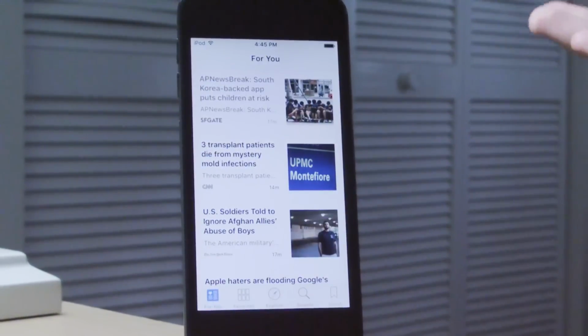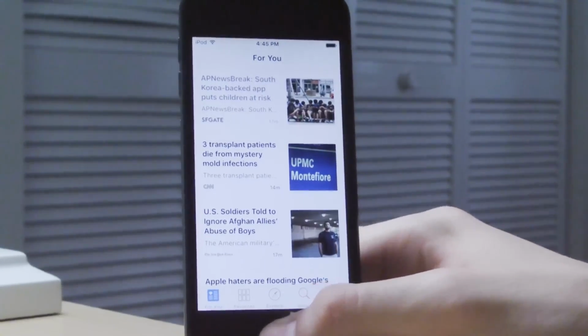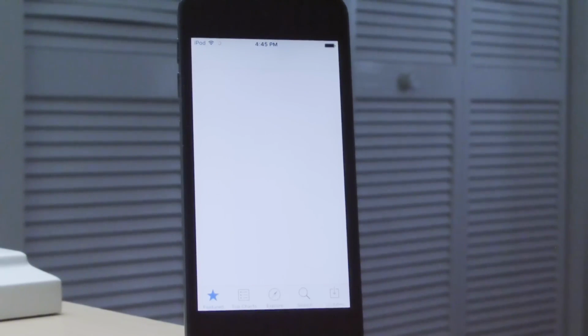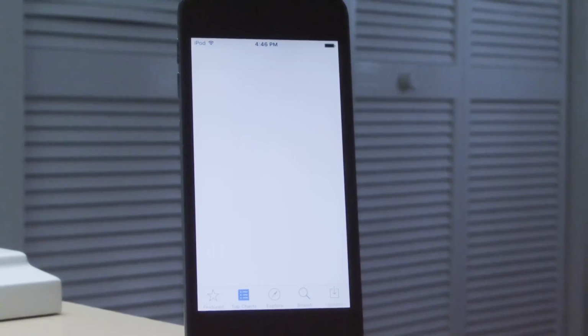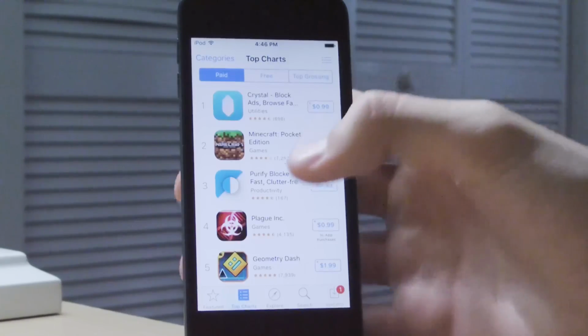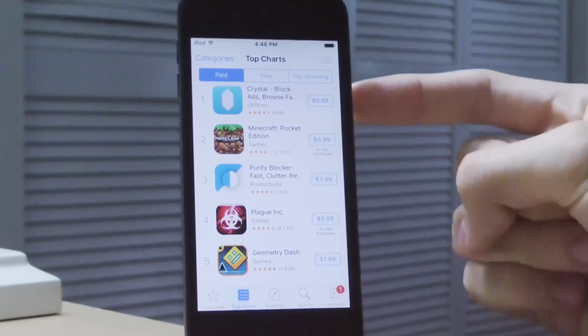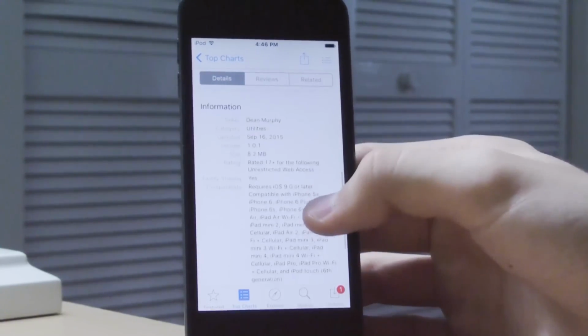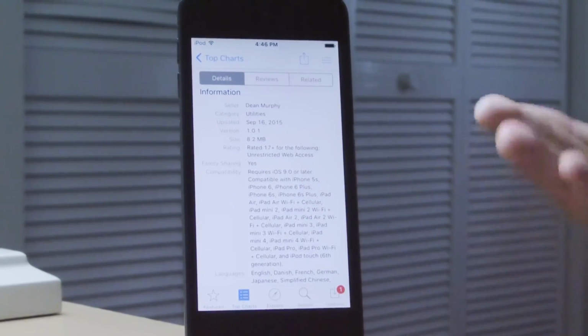And unfortunately, that's one of the biggest features of iOS 9, especially on older gen devices, because there's not much here. Let's go into the App Store. And loading. Now this was peculiar. I went on the App Store a few days ago on my iPhone, which is currently running iOS 8.4, because there's no way I'm ever going to update to iOS 9. And I opened it up and I saw these ad blocking applications. And to my surprise, they were exclusive to iOS 9.0, which I found to be...